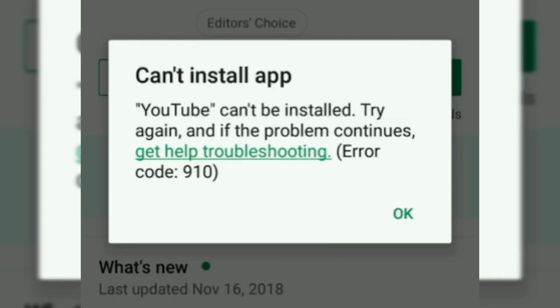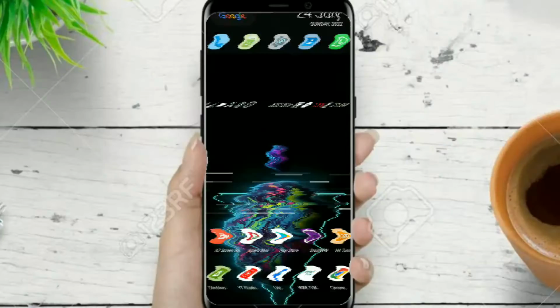If your Play Store is showing this error and can't install apps, I will show you how to fix it,